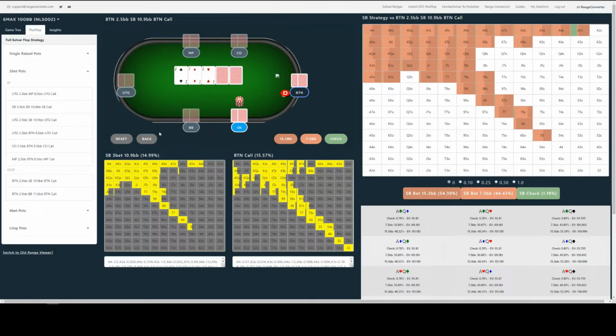Okay, so we've been taken to this flop, and we see the strategy, and it starts on small blind here. With a slight bug there with the chip display, that will be tidied up shortly. But we see action is on small blind, and here we see the small blind strategy versus this pre-flop situation.